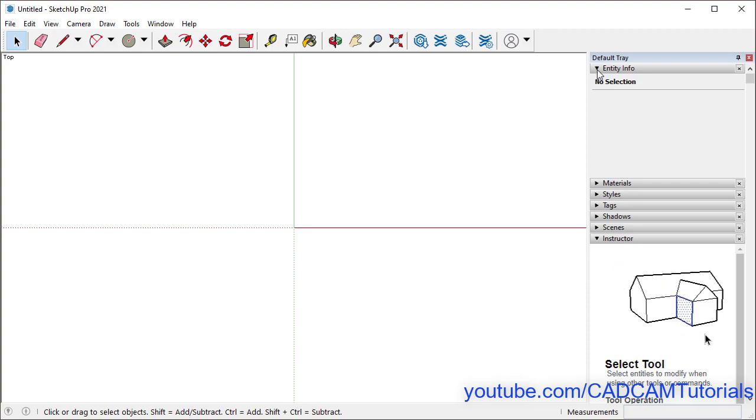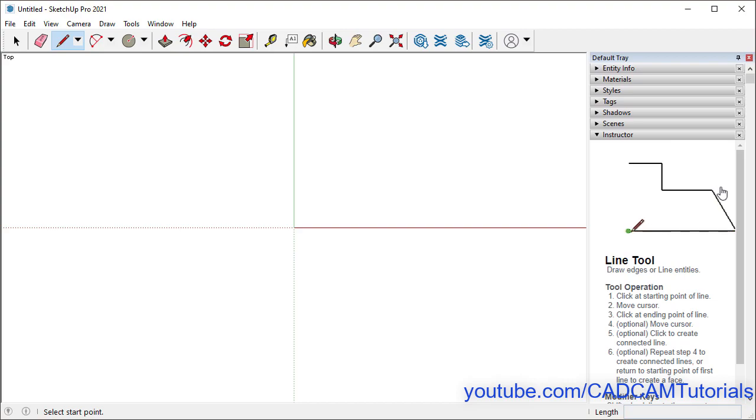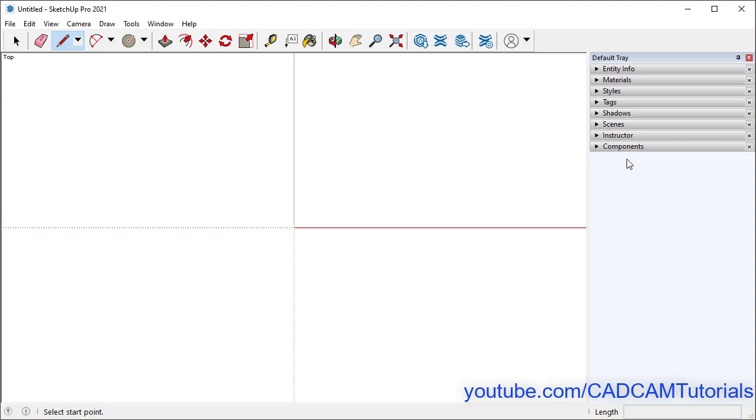Suppose I will collapse this entity info. Now this is the instructor, where detailed information will be shown for the current command. So right now the select button is activated, therefore it is giving information about the select tool. So when you select another tool, suppose I click on line, it will give information about the line tool. So in this way you can use this instructor to learn about SketchUp quickly. So I will just collapse this because I don't want it to be active. So that was about the default tray,